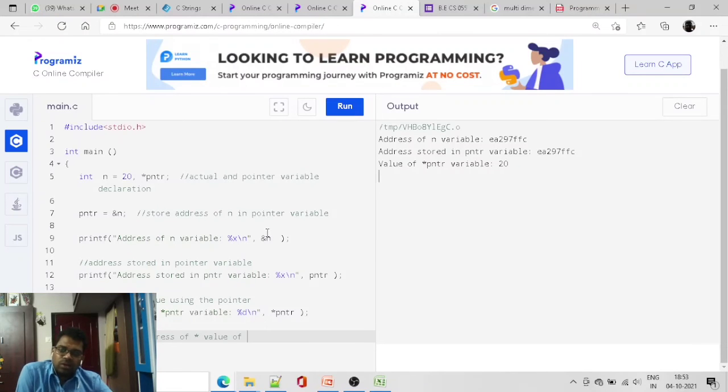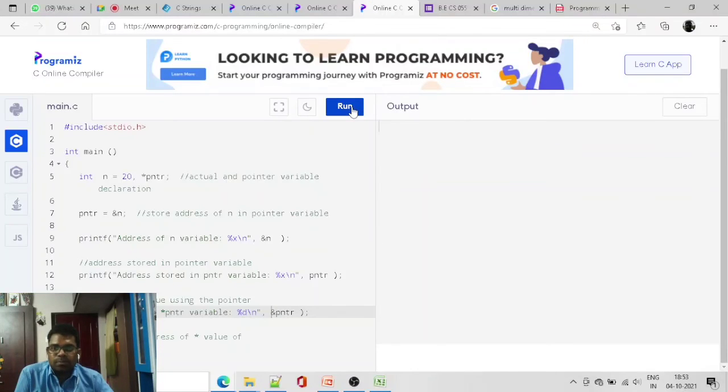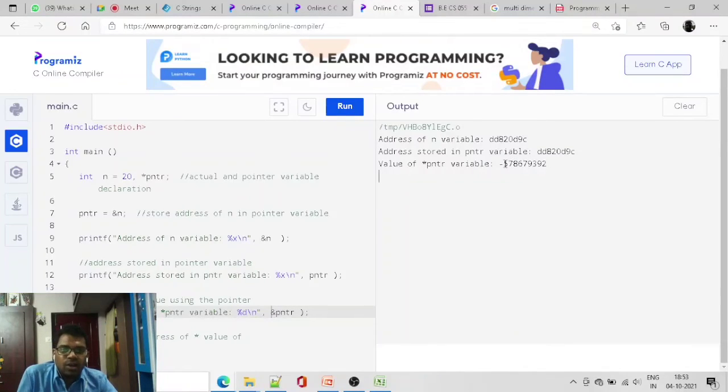Actually you can call the value using the function, I think I can put it over here, ampersand pntr. Now it shows the address of this variable. What if I put a star over here? It's also not working, I think the compiler is so delicate.